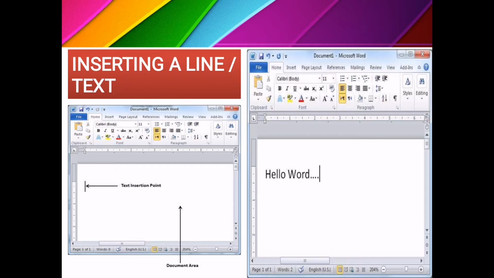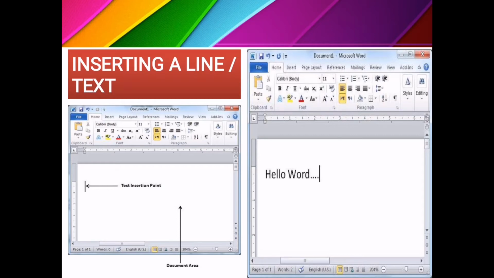Okay, the text insertion point will tell you the position of the text, the cursor point. From there we start to type the text. If you want to add a line, you just press enter, and the cursor at the end of the line comes to the next line.